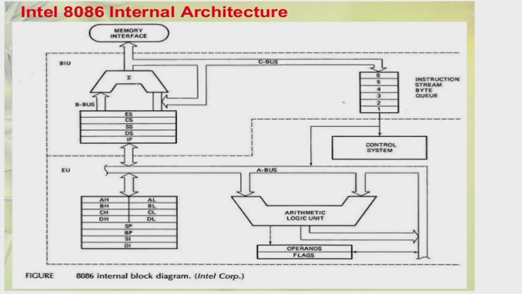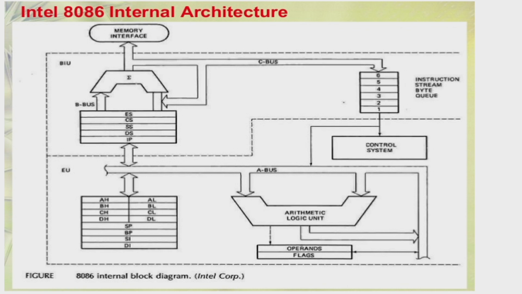So with this discussion, now we can move to the architectural diagram of 8086, and then we can discuss about the different pins of 8086. This is all the brief introduction to the 8086. Now coming to the 8086 architecture. This is the internal architecture of the Intel 8086 microprocessor, which is taken from the Intel Corporation. So these are the different blocks in 8086.